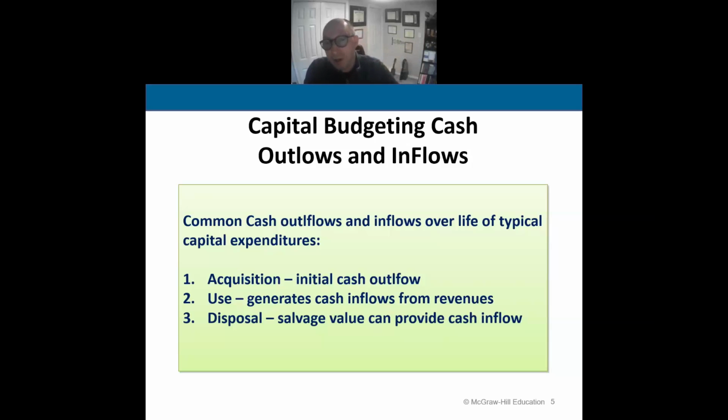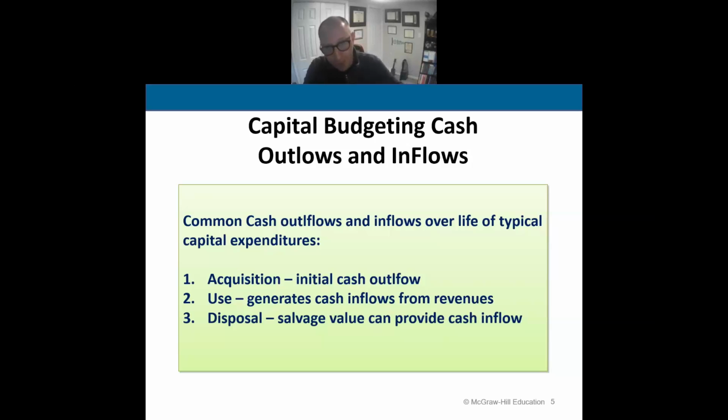Then when we start using the piece of machinery to advance the output of our units, it starts generating money. Okay, because the more that your equipment is in use, the thought is, hey, I'm selling more. I'm making more units. I'm selling more units. So you're generating cash inflow from the revenue from the manufacturing of the additional units from that new piece of